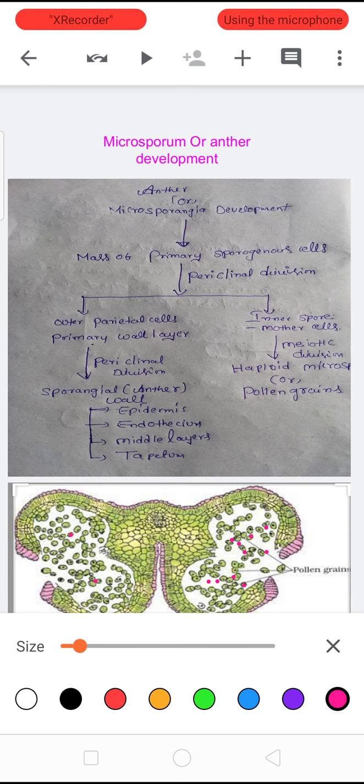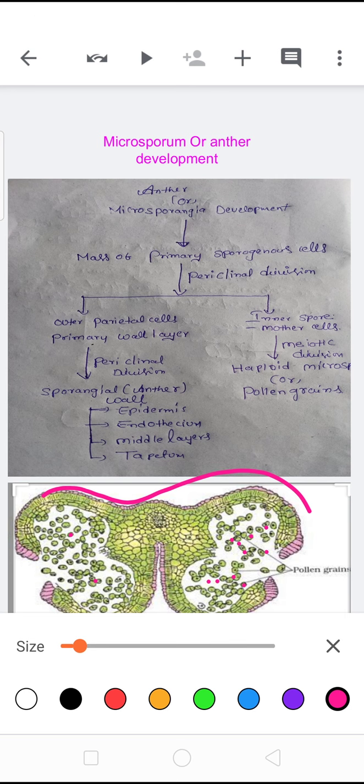Before going to discuss the structure of anther, we want to discuss the development of anther. Coming to the development of anther,